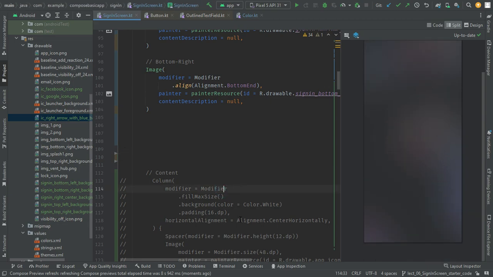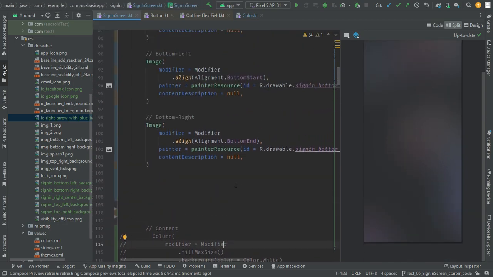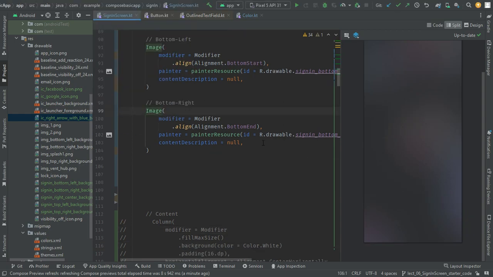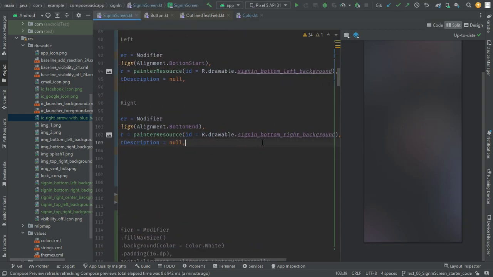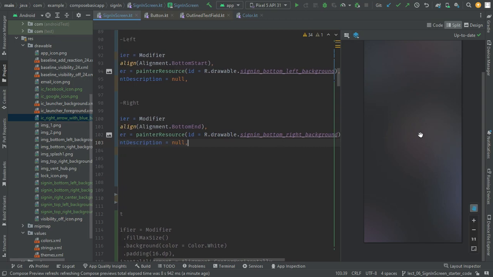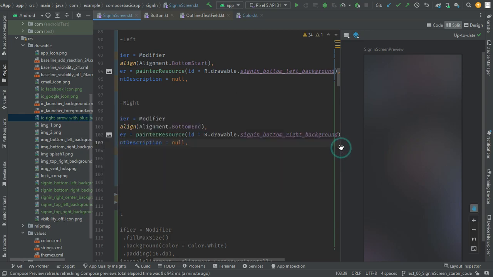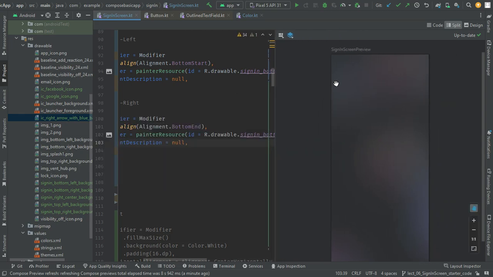I have tried multiple times to figure this out. The issue was resolved by clicking on clean project and rebuilding the project again. After that, this image is showing as expected. So these are the components that we have put in here according to our design: